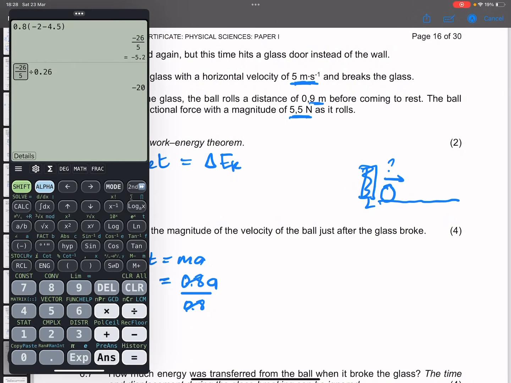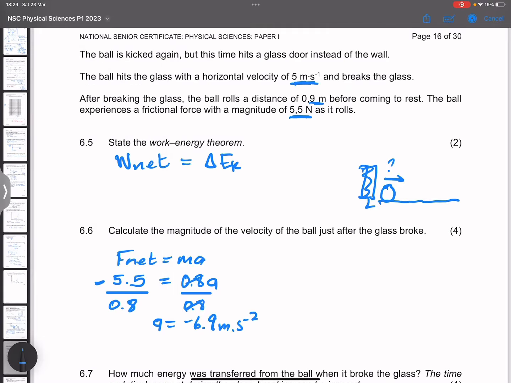Okay, I get 5.5 divided by 0.8. Right, so acceleration would be negative 6.9, if we are to round that off, meters per second squared. Now, in this case, I can therefore say that